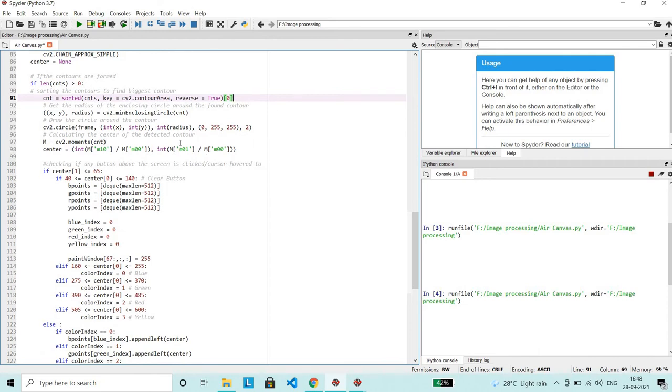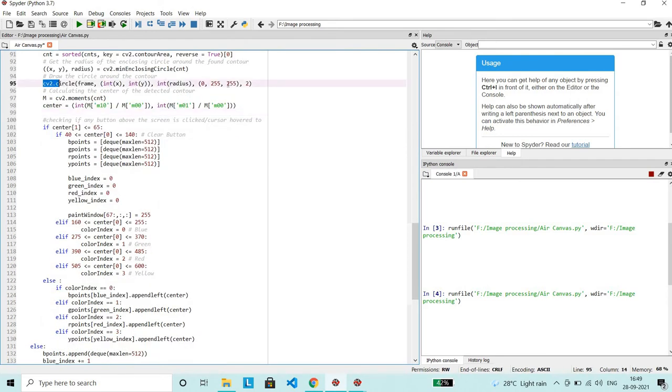Now we need to create a circle around the contour which we have detected. Using the minEnclosingCircle method, we got the coordinates as well as the radius for the circle, and now using the circle function we have drawn the circle around the biggest contour we have found.